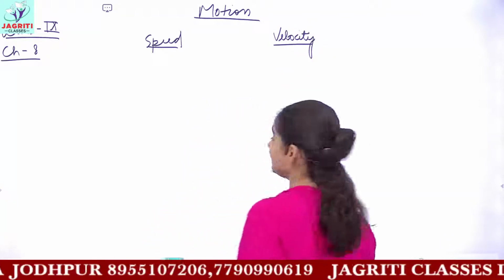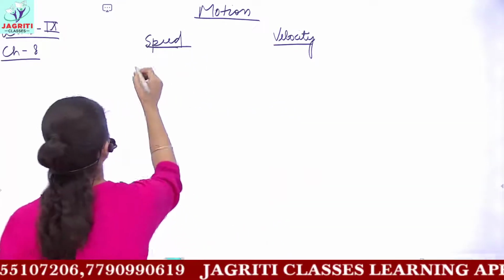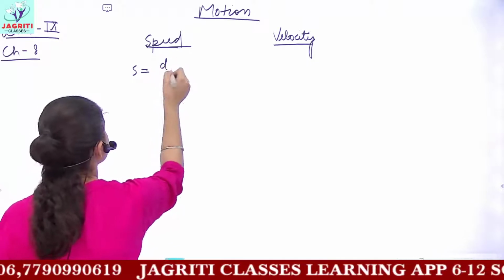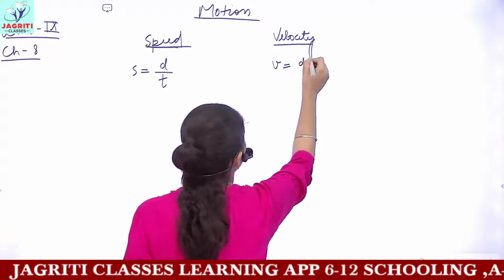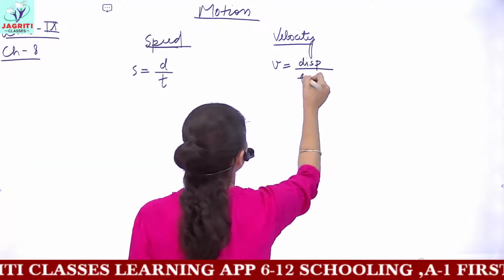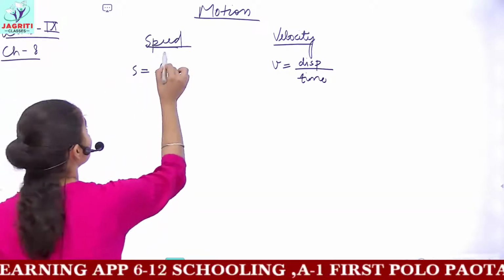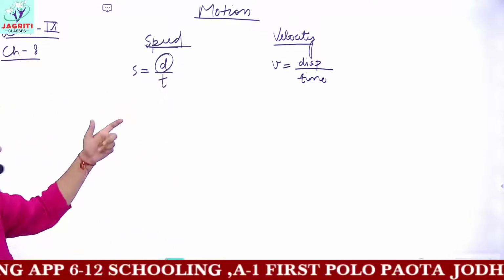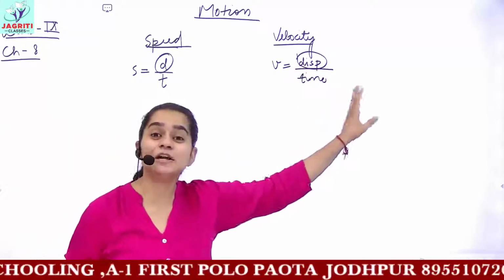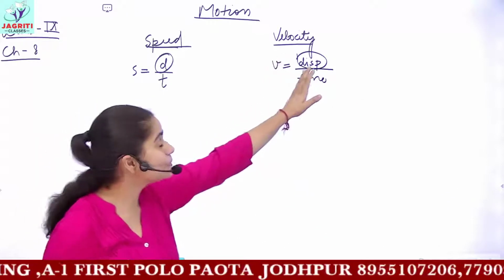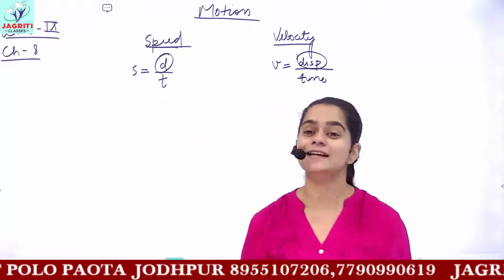So what do you mean by the term speed and velocity here? We said that speed, as you all know, can be defined as distance covered per unit time, whereas velocity can be defined by the amount of displacement per unit time. So this was the basic difference. For speed, you involve total distance covered by the particle, whereas in velocity, we refer to the displacement of the particle in unit time, and displacement is the shortest distance between your initial and final positions.